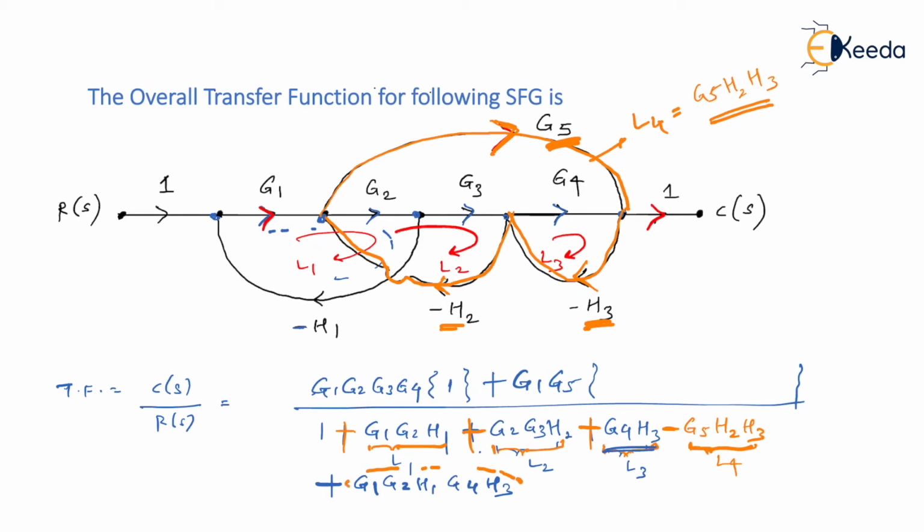So what was this? This is nothing but your L1 L3. Am I right? So we know what is delta 1 here. What we need to do is delta 2. Don't forget this is T2. If you remember, delta 2 is nothing but delta. But then we have to remove those loops which are touched by T2, that is the second forward path. So look at the second forward path. If you look at this second forward path, it is like this.